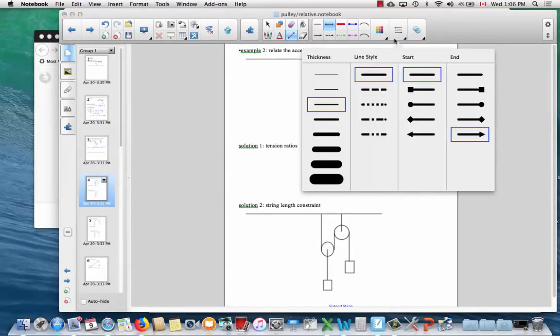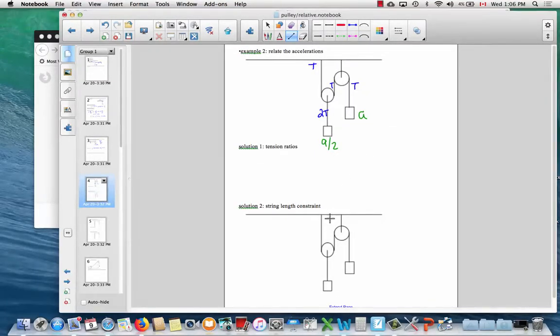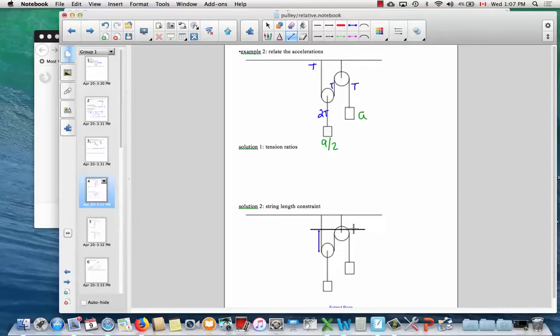using the other valid technique, which is the string length constraint, we would see that we've got a fixed length of string, then there's a certain distance, I guess we'll call it S1, right there, and then a fixed length, and then S1 again. This is a fixed point right here, right? This reference location isn't moving. And then we'll define another distance, S2, which will be from that fixed point down to here. Okay, now S1 and S2 are going to change